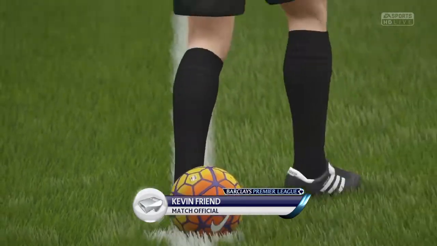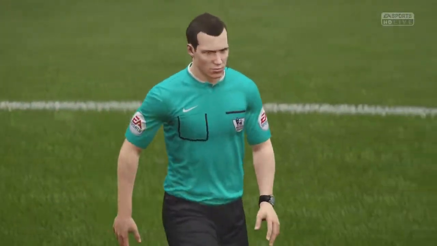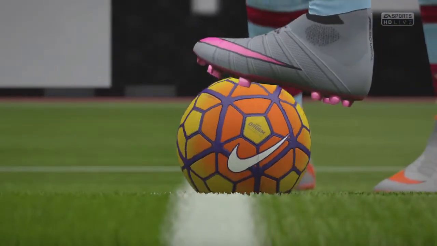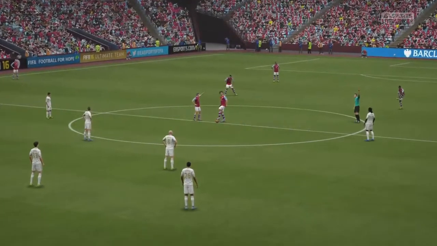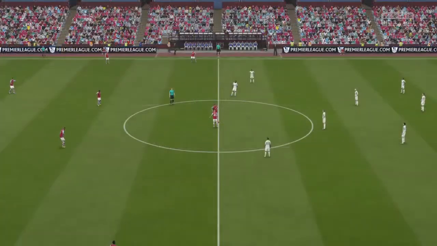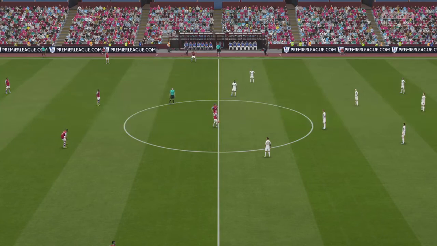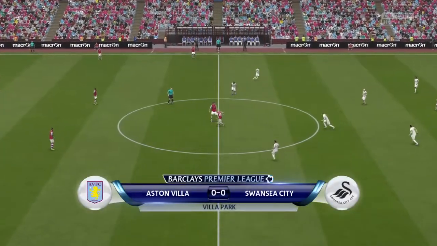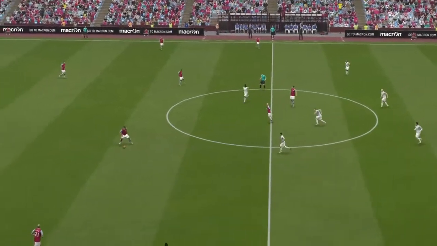Kevin Friend, today's referee. First half started by Aston Villa.